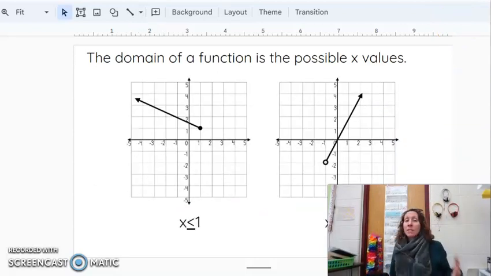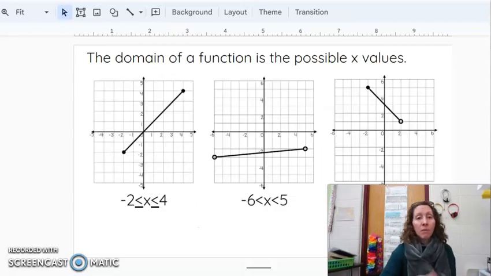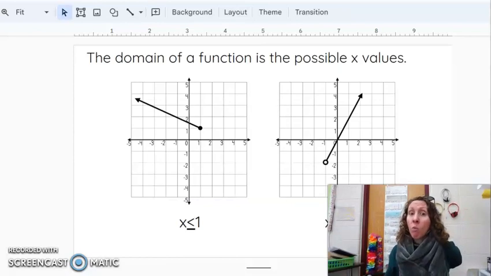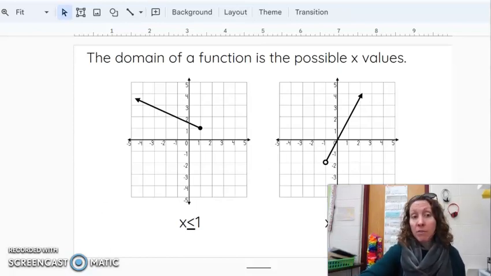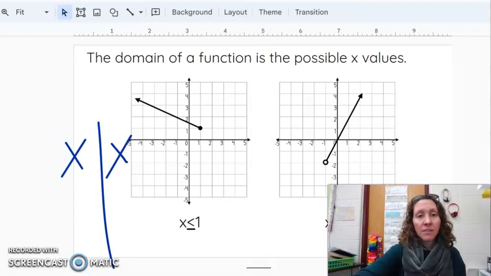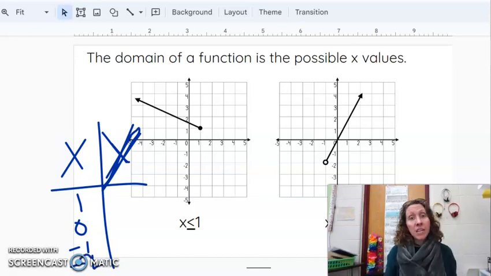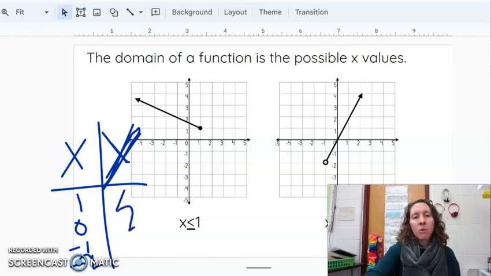All right, so this one is slightly different. These ones before, x was between these two dots. But this one, we only have one dot. So the values of x for this one are less than 1. If we were to make a table of values, oops, that should say y, the x values could be 1, 0, -1, -2, keep on going all the way to infinity. X has to be less than or equal to 1, and it doesn't really matter what those y